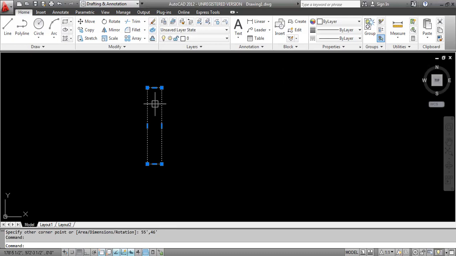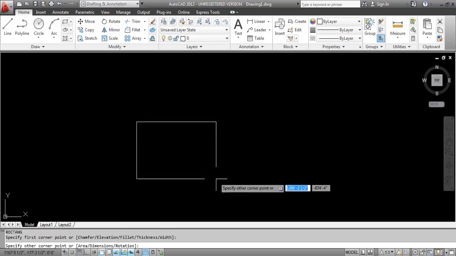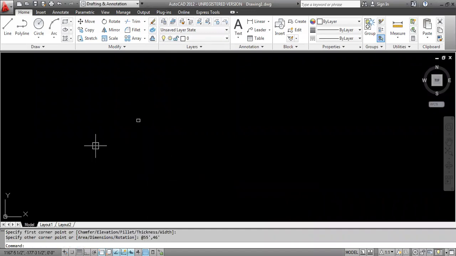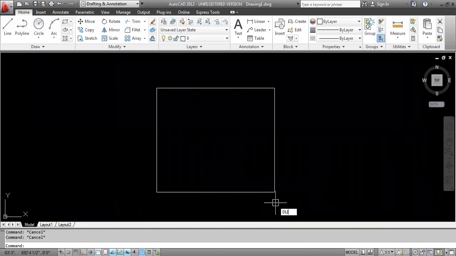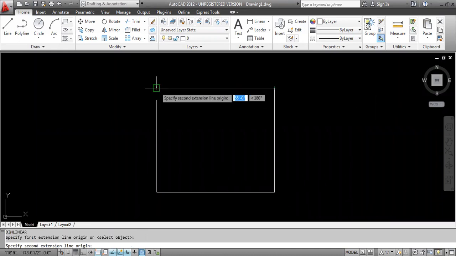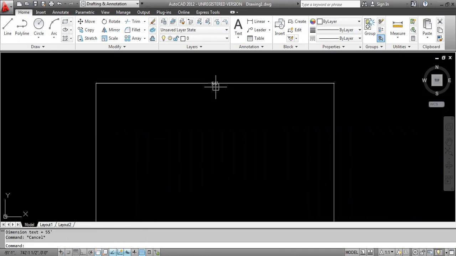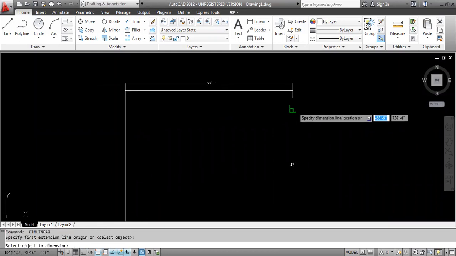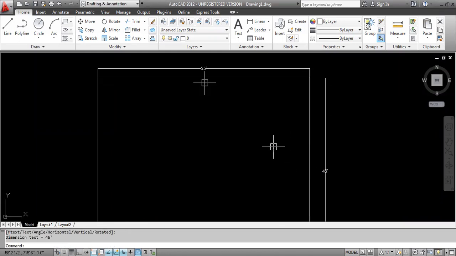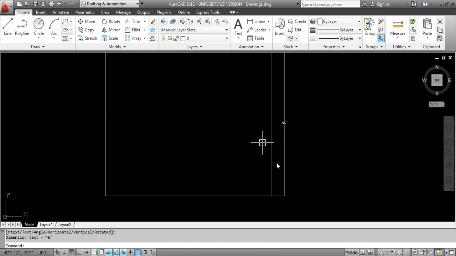If you want to check, you can check the dimension by using DLI, first corner to second corner. See here, 55 feet and here 46 feet.